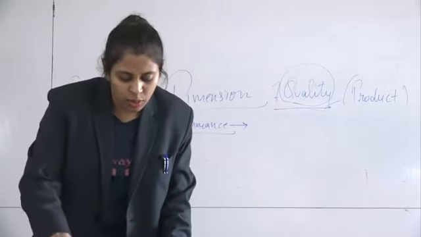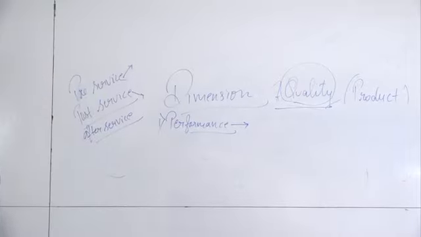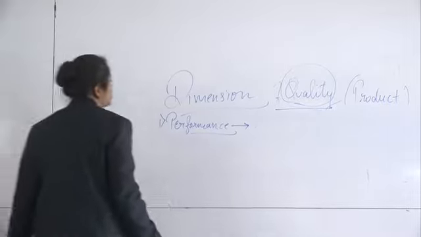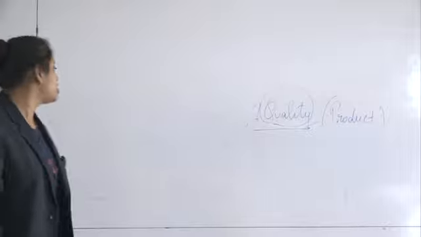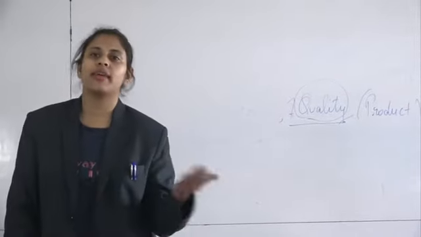Then we'll see what the types of quality are. See, dimensions are different. Dimensions decide the quality. Okay, so we studied the characteristics of quality and the dimensions of quality. In the next session, we'll